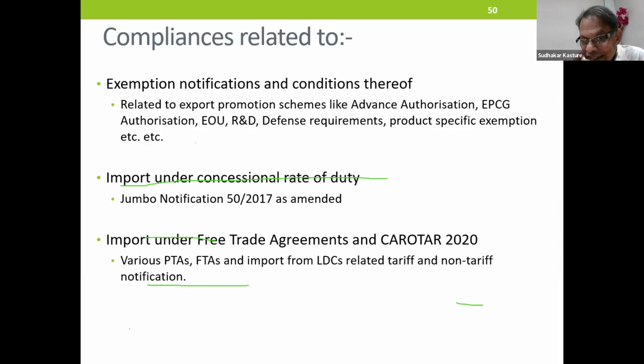Please understand this critically well. You have imported under a concessional rate of duty, Jumbo Notification 50 of 2017. You have imported under Free Trade Agreements and CAROTAR 2020, various PTAs, Preferential Tariff, Free Trade Agreements, LDCs. Everything has to be examined.